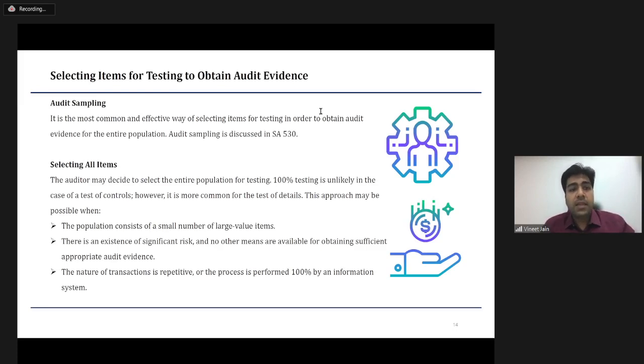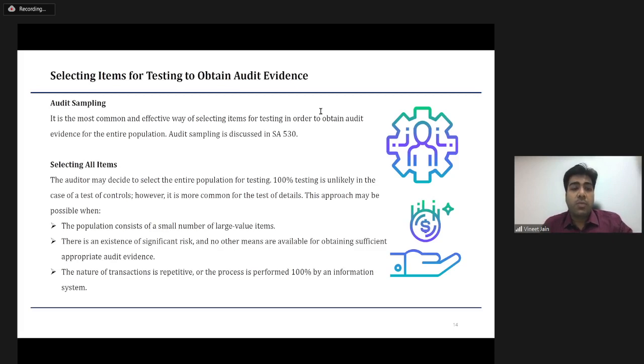Then the second method is selecting all items. Now, testing the entire population may not be practically possible, especially when we are talking about test of controls. 100% testing may not always be possible. In test of details, we may be able to do 100% testing. But when we decide as an auditor to select all items,